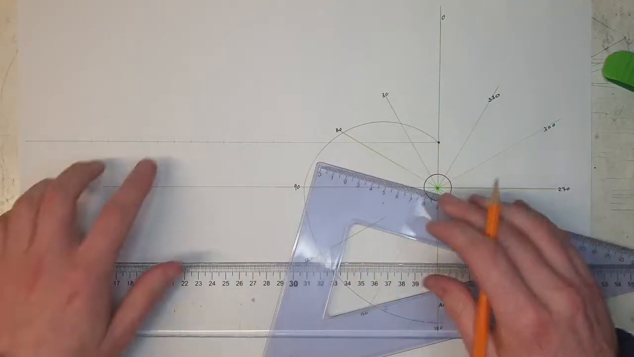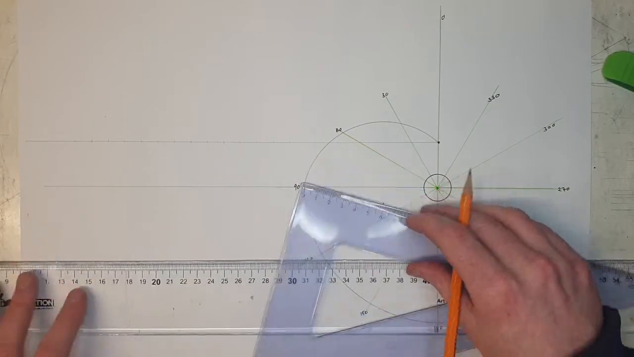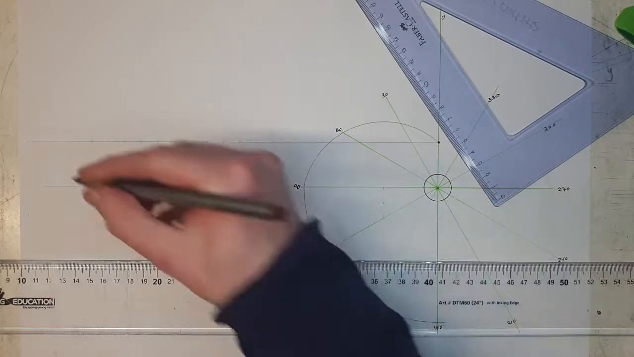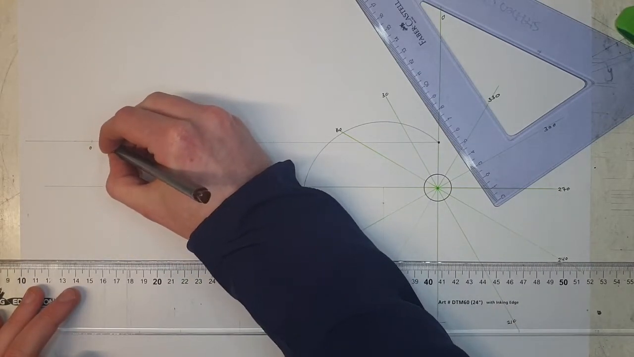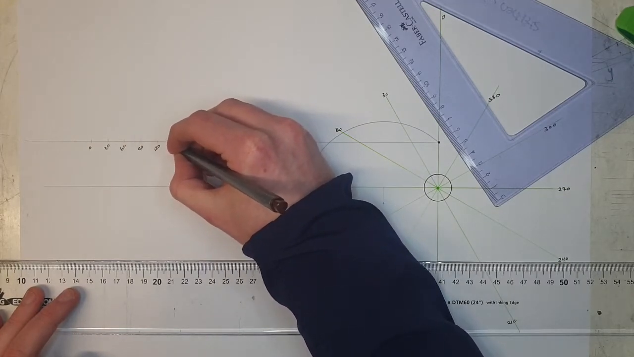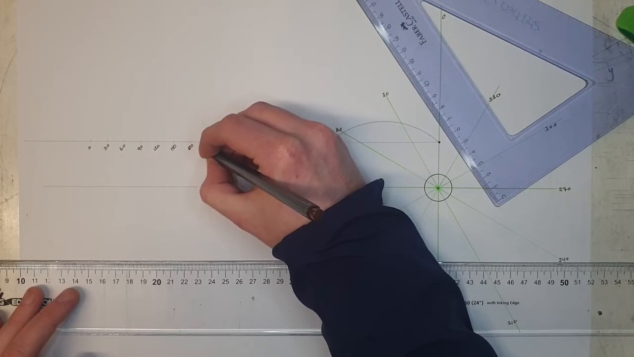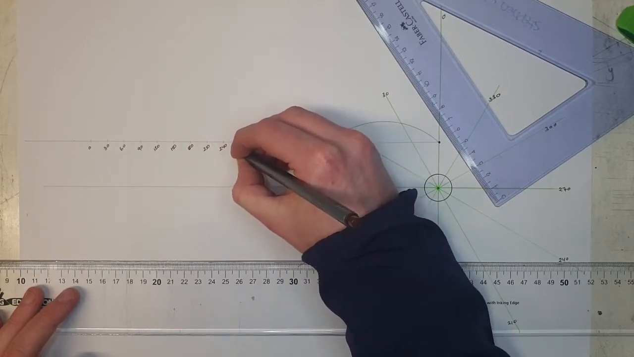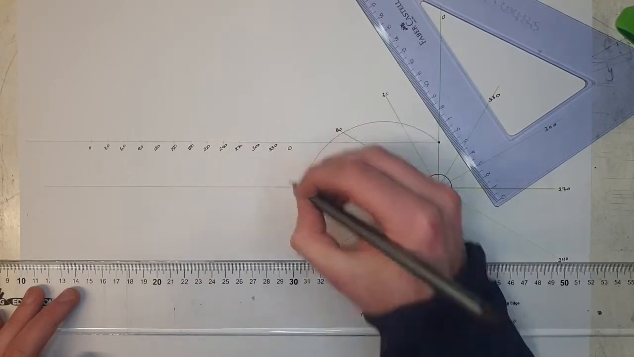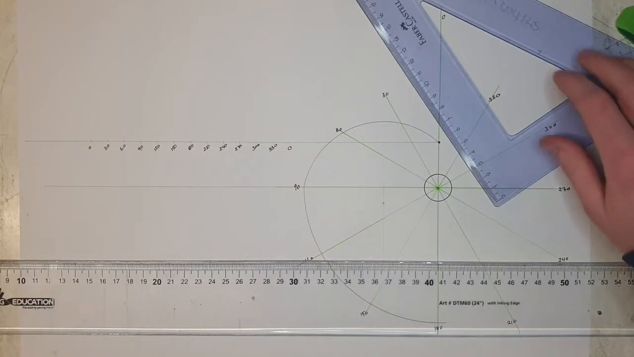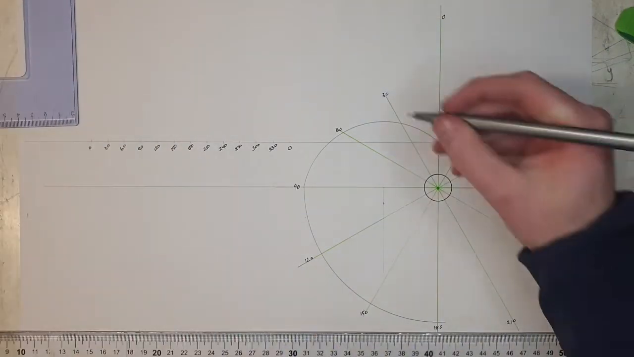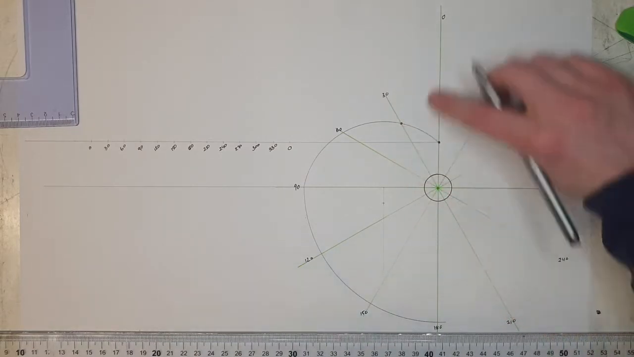If maths isn't your strong suit, you could just put 12 in your compass and just mark 12 times. That would be absolutely fine. I'm going to label these while I'm here. So that's those. Now, what we're going to have to do is the points of our cam where they hit